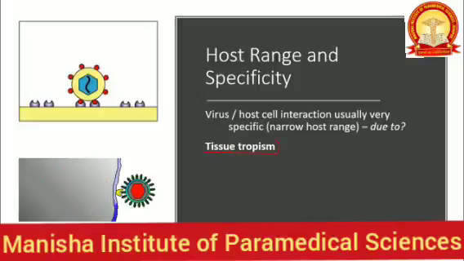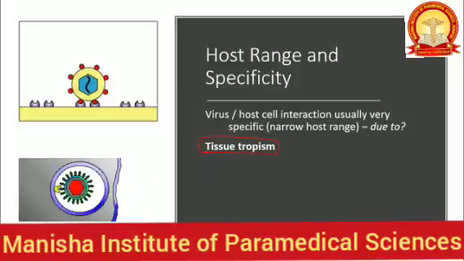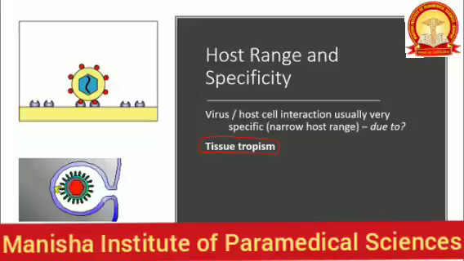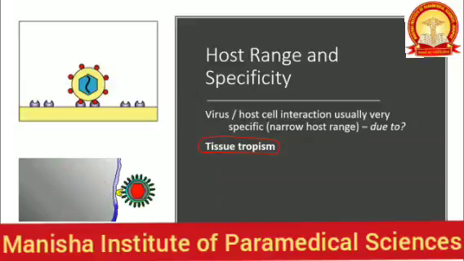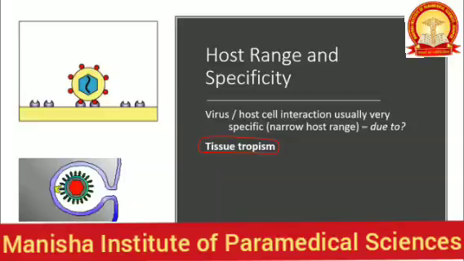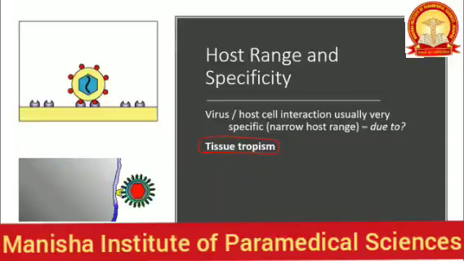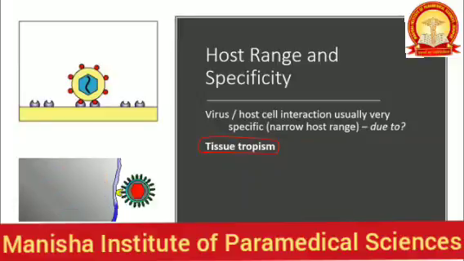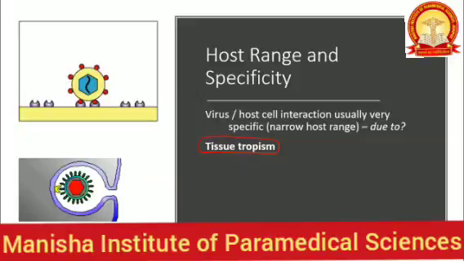This is known as tissue tropism. Like in plants, we know gravitropism and phototropism, similarly for viruses, we have tissue tropism. That means one particular virus, hepatitis B, infects the liver. So it is specific to infect liver cells. So even if you try to check whether this virus infects other types of cells with a cell line, only if you provide liver cells will you see the virus thriving.